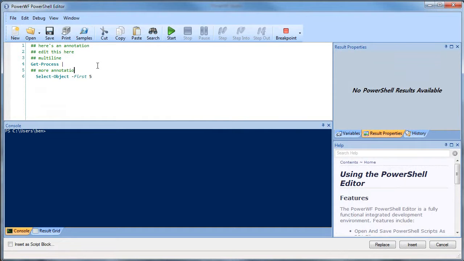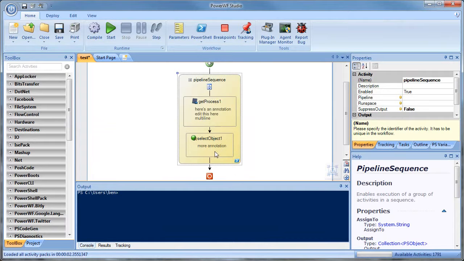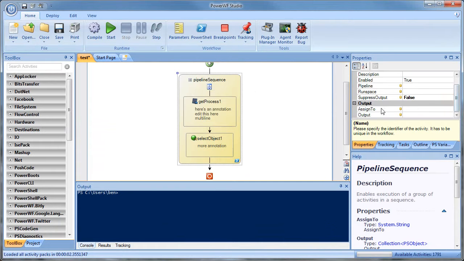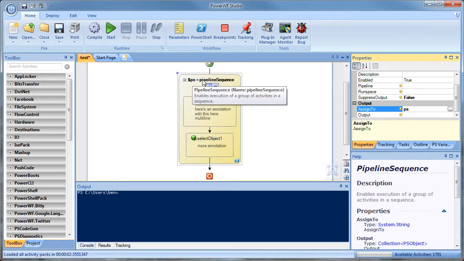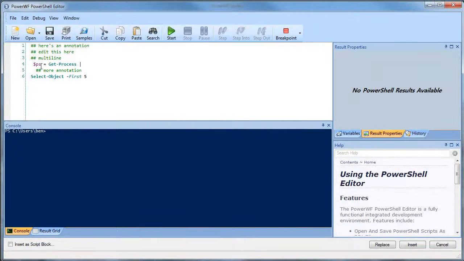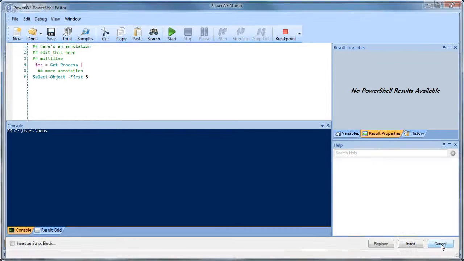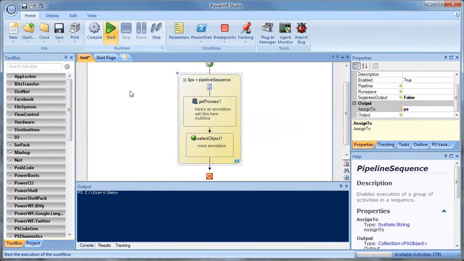More annotation. So here's an annotation for the select object. You'll see that it gets the annotation. That's pretty handy. Another new feature is that every PowerShell activity has a new property called Assign To. So we'll assign the results of this to PS. You notice it looks like PowerShell script $PS equals and then whatever's inside here. If we go back to the script mode, you'll see exactly that $PS equals, and that is functional. So if we were to hit play here in the workflow view of the world,